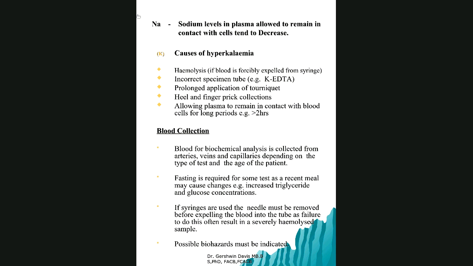Right. Other points to note, pre-analytical error, I mentioned this already for arterial blood gas. If you're doing an arterial blood gas, make sure it's an artery, not a vein. Fasting, I mentioned that as well. Some people say they fast and they take nothing except water. So you ask the patient, have you been fasting? The patient answers, yes, doc, I fasted all night. I didn't eat anything at all. All I had was a glass of juice. That's not fasting. Fasting is NPO, excepting water. Good. Right. And of course, don't expel blood through a needle on a syringe, as it can cause hemolysis. That's why we use the vacuum system, and you'll see that in your lab demonstration.